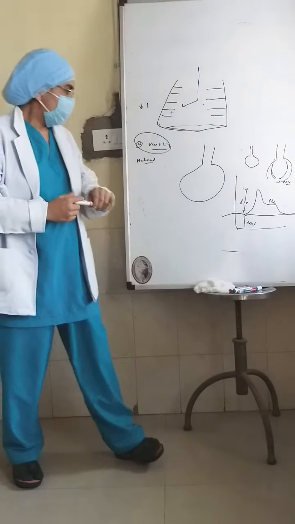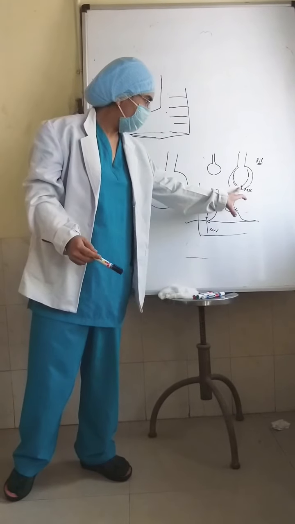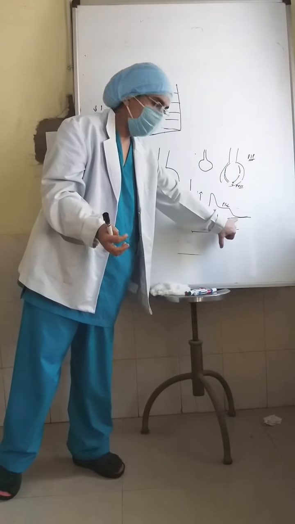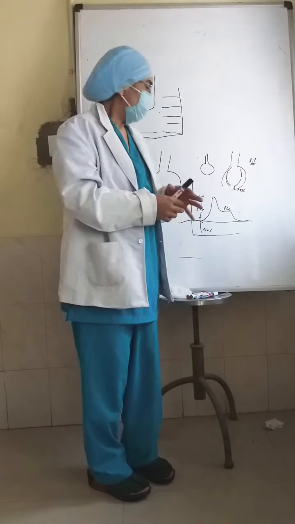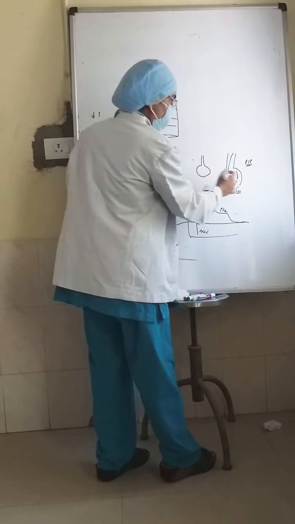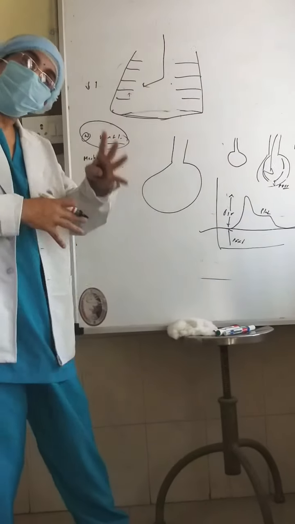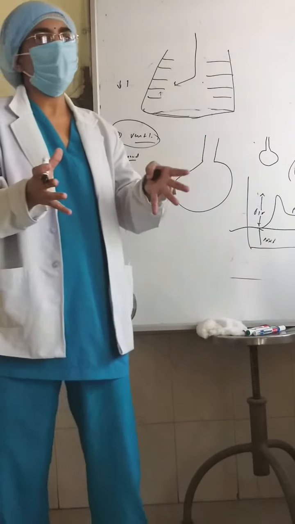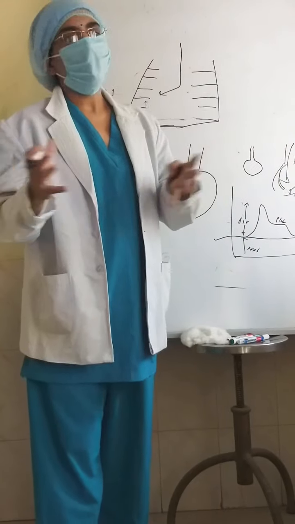So we need more pressure to initiate breathing. Then we need an optimum pressure for the airflow so that an optimum number of alveoli open up. And then we need a pressure at the time of expiration to prevent the alveoli from collapsing. If we don't put a proper PEEP, they are going to collapse. During inspiration air has come in, but during expiration they will collapse again, and in the next cycle you need the same amount of pressure to open them up. So there is a lot of pressure variation, and what we want is for the alveoli to be recruited and opened well, and that purpose will not be served.